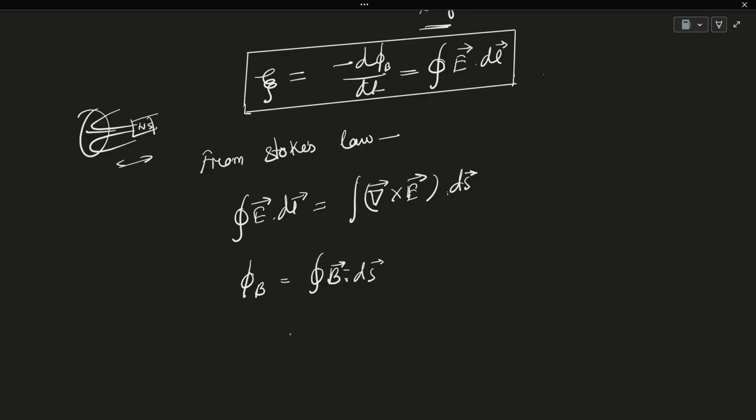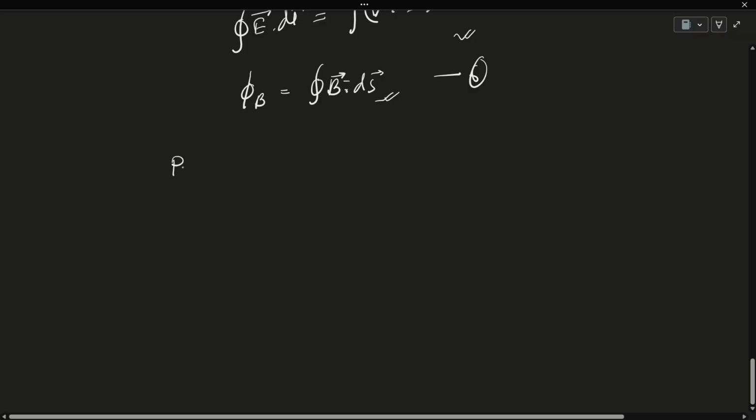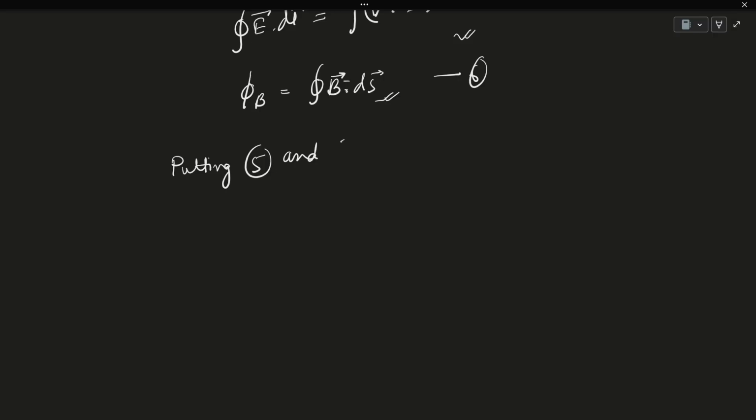So if we replace this and this here, let's mark this as 5 and this as 6, putting 5 and 6 in the above equation, we will get,